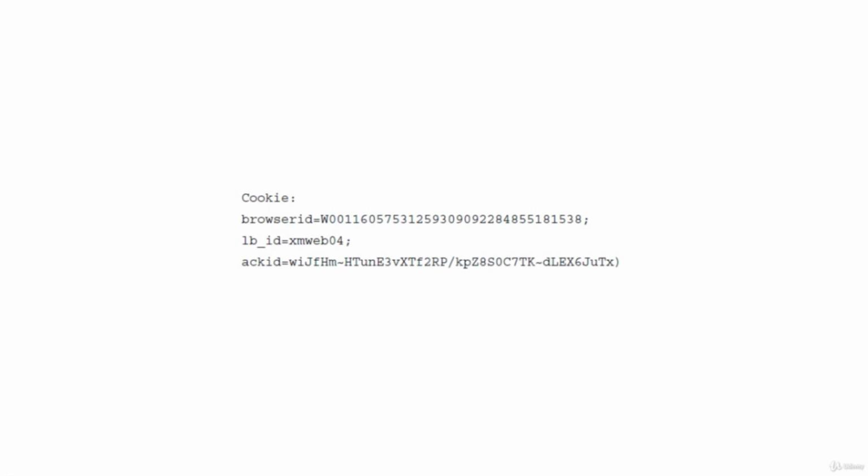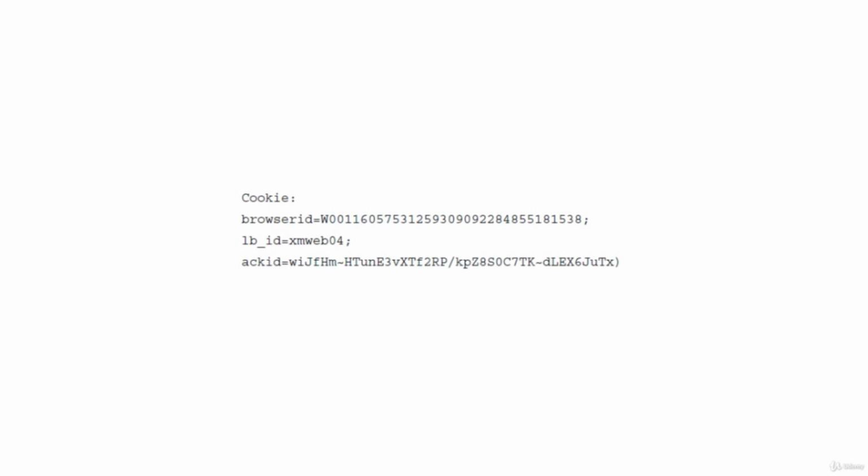We were curious as to what these values meant, so we logged in and out a few times and deduced that the browser ID was a static value tied to our browser, and the ACID was the session tracker.